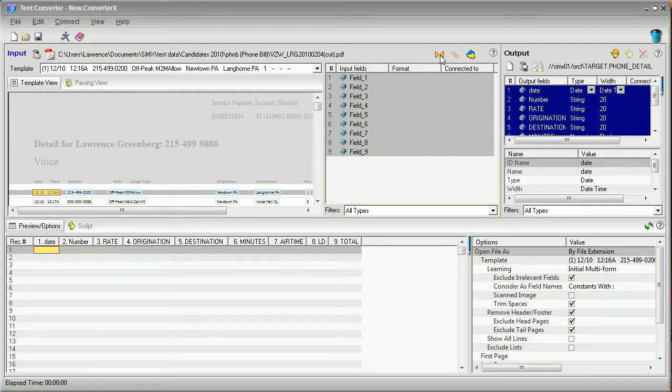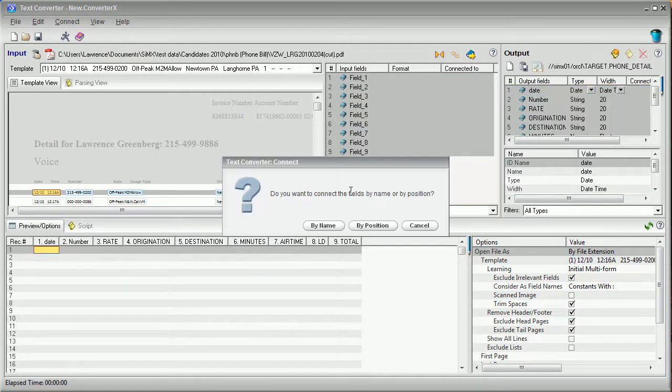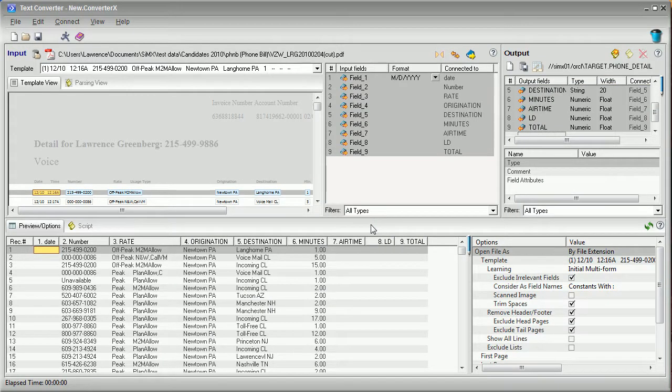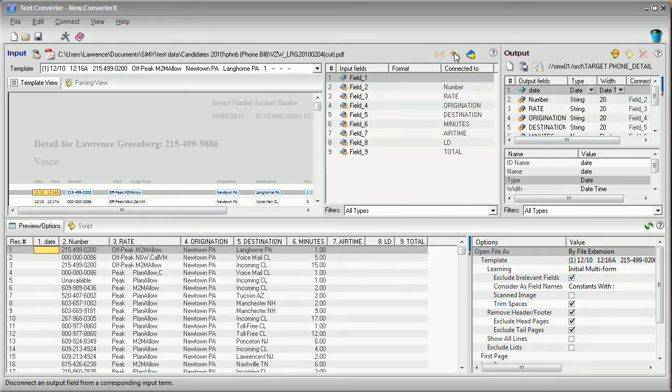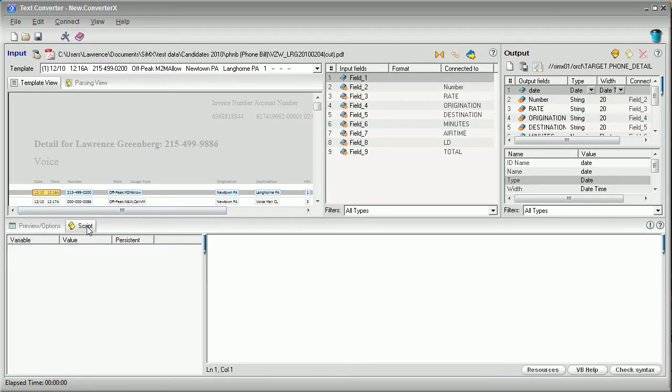So we're going to go ahead and connect all the fields at once. You can connect them individually. I'm going to connect them by position. Alright, now all the fields are connected, and I notice here in the output preview that the date didn't come across. So let's break that date connection, and we're going to use a little bit of VB script for that